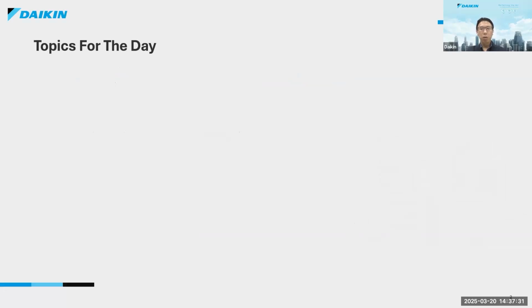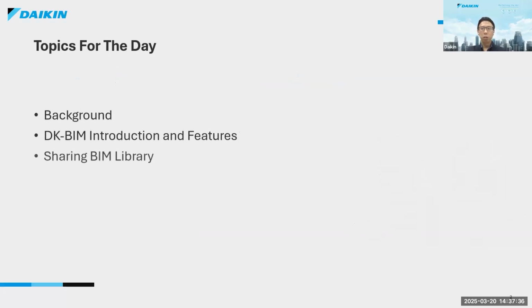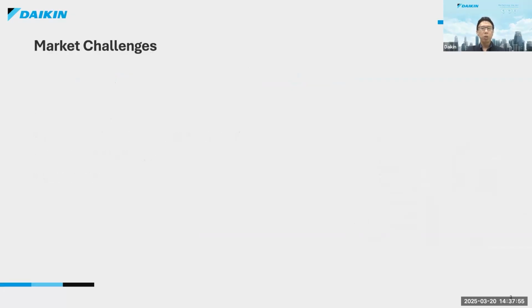So the topics for today, we have some background about the need for the design before introducing DKBIM and its features. We will get some insights about the overall platform that DKBIM provides. Additionally, we'll be sharing the Daikin BIM library as a source resource hub, which will be provided before we sum up this chapter. What are the market challenges